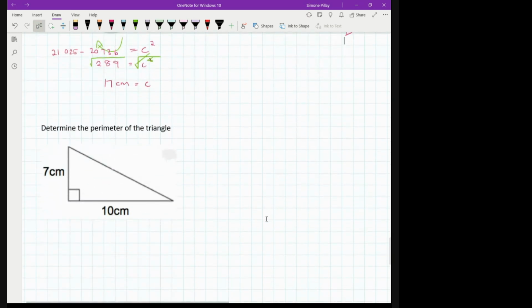I think I had one more. Determine the perimeter of the triangle. Again, guys, Pythagoras. We have our missing sides. You're going to calculate the third side, and perimeter, we're just going to add